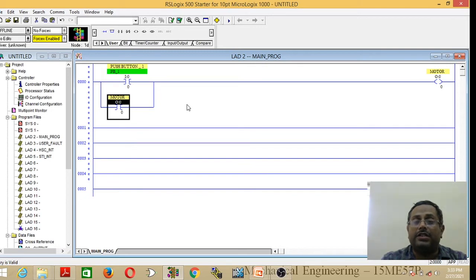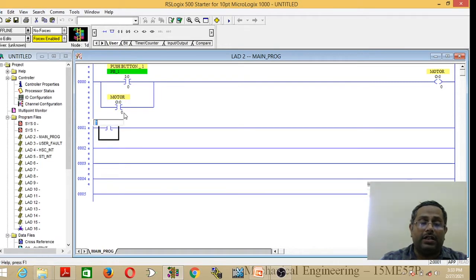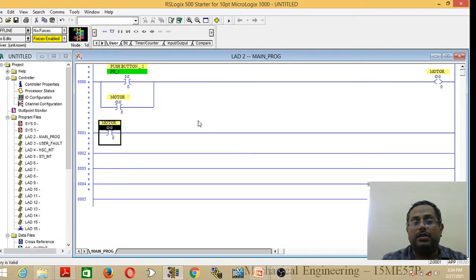The next condition is that we have to switch on a pump, but to switch on the pump it has to be delayed by 50 seconds. To delay, you have to add an on delay timer in between. For that go to the second rung. When do we start that timer? When the motor has been switched on. For that add an input contact, that is an open contact here. Give the address of the output, that is O:0.0/0, and once the motor is switched on it will be enabled and the timer will start. For that we have to add a timer.